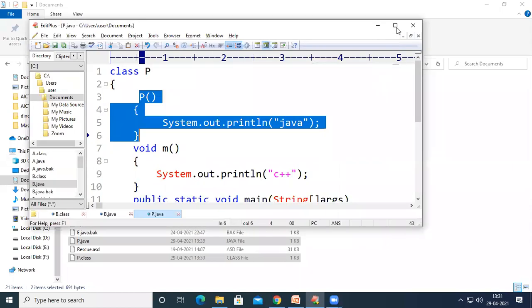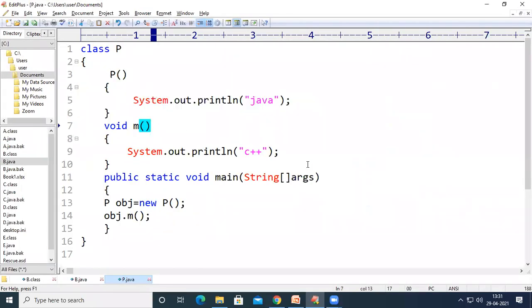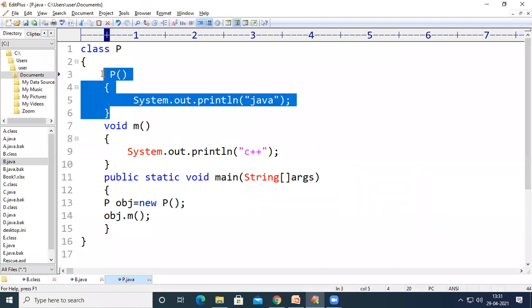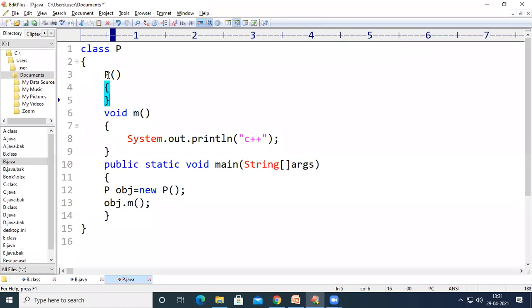In this program, I have a default constructor, right? If I don't have this, then when we try to compile the program, the Java compiler will add a default constructor with 0 parameters and 0 statements, and then it will compile this particular .java file, right?